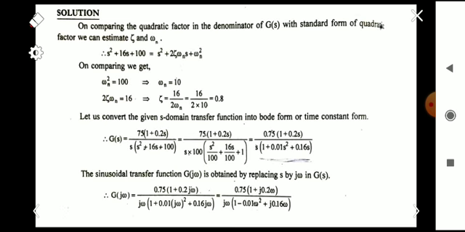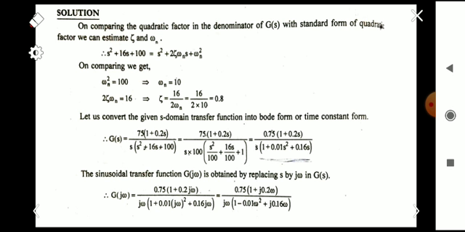For finding the natural frequency we have to compare the second order term with the standard term, that is s² + 2ζωn s + ωn², that we know. By comparing, we get omega n as 10, because omega n squared equals 100 here, so omega n equals 10, and the value of zeta, the damping ratio, is 0.8 here. After that, the next step is to convert the given function into the standard form,